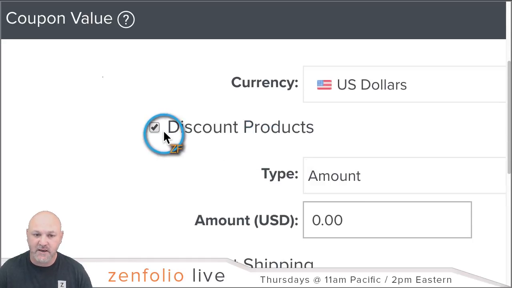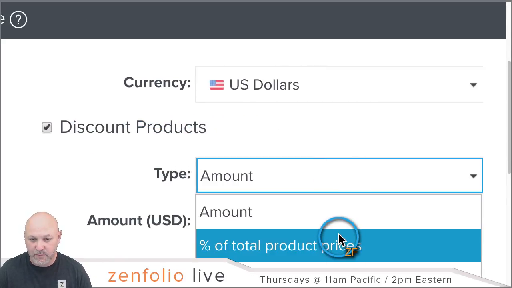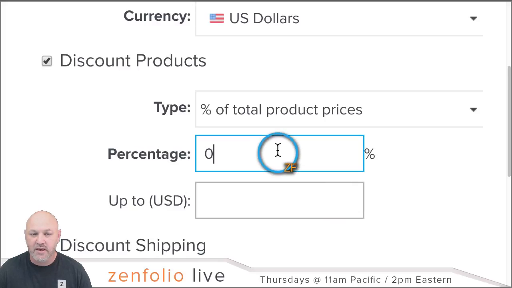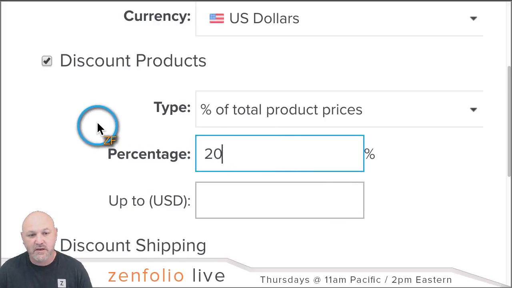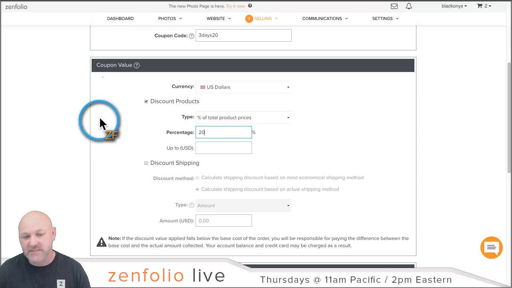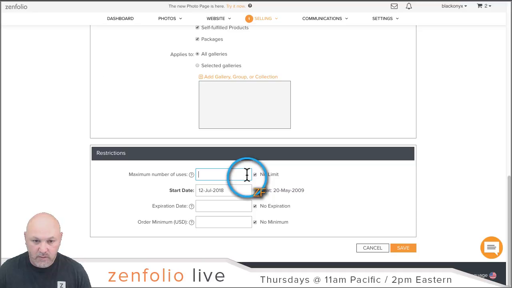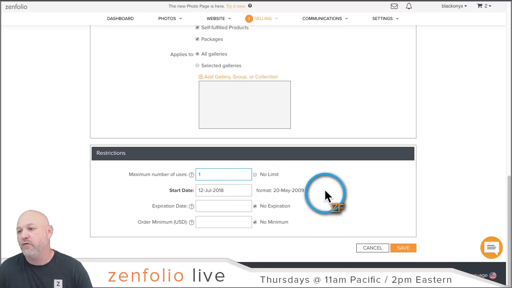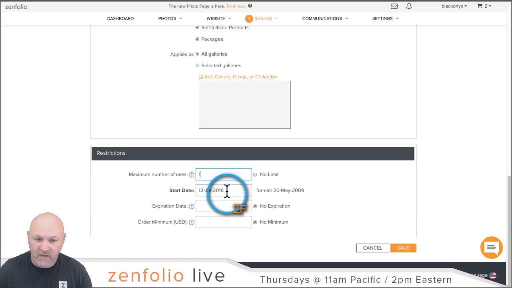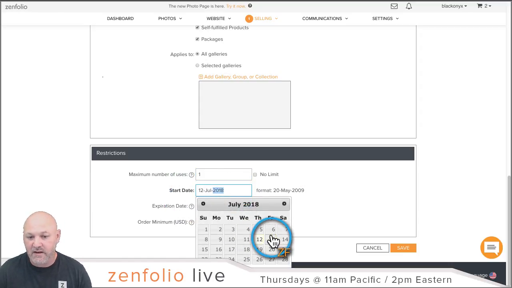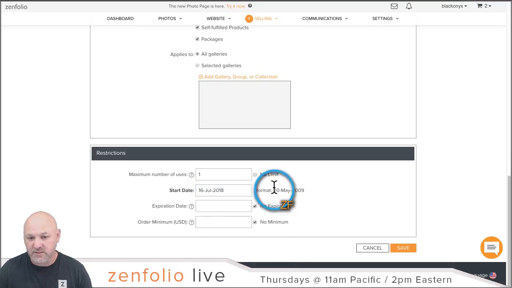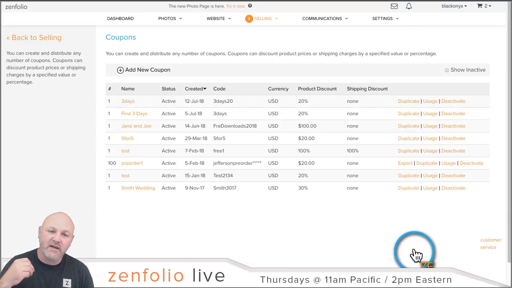Then we're going to choose discount products. We will set a percentage discount right here, and I'll put this to be 20%. So I'm going to give my clients a 20% discount, but only if they order within the first 3 days of their gallery being live. So if I publish that gallery today, then let's say 1, 2, 3, they need to order before Monday. So we're going to say Monday, we'll hit save,